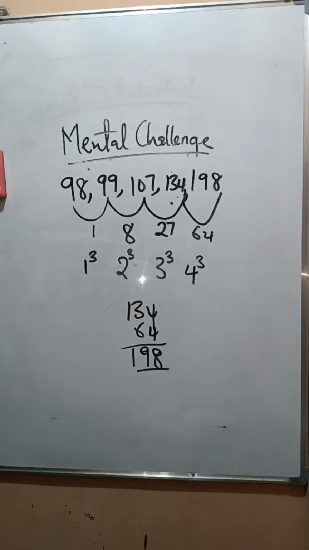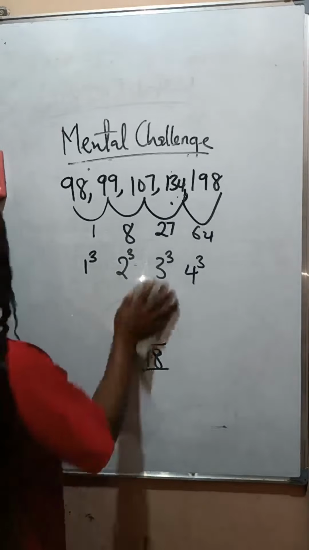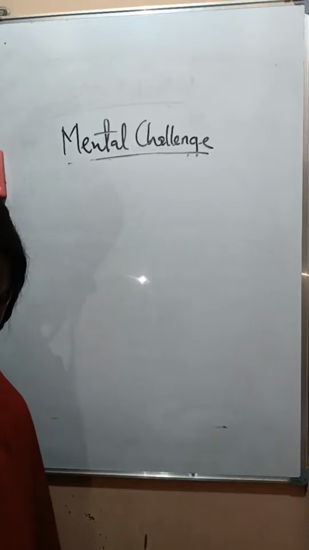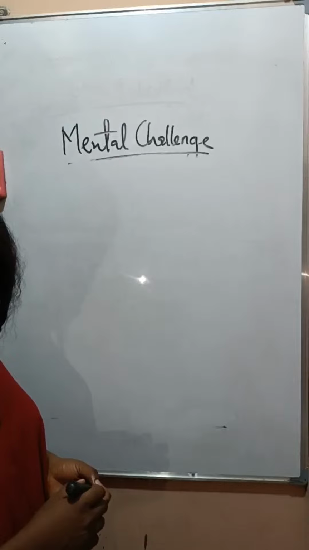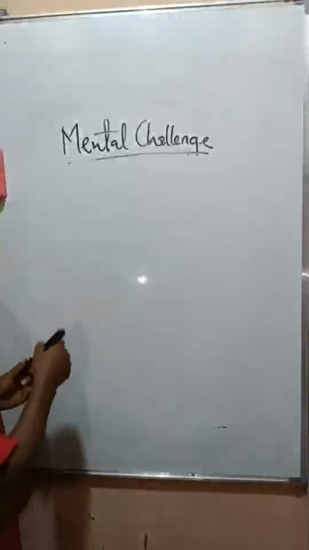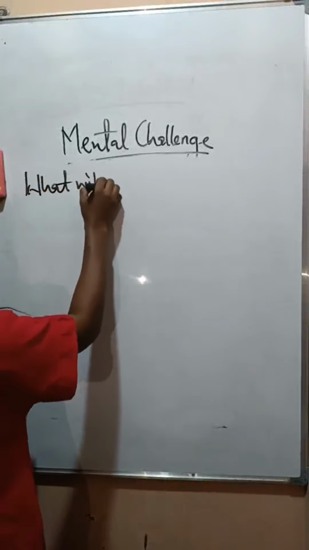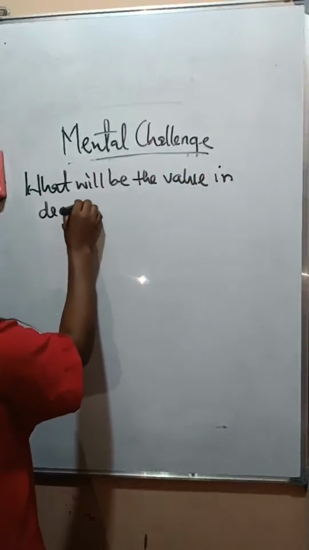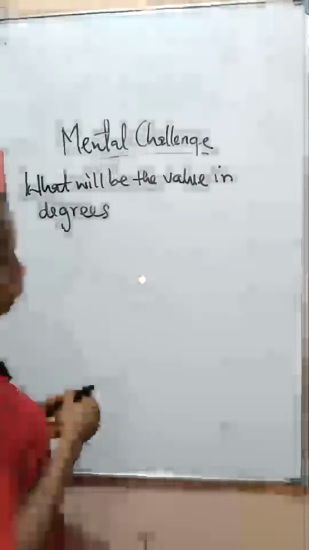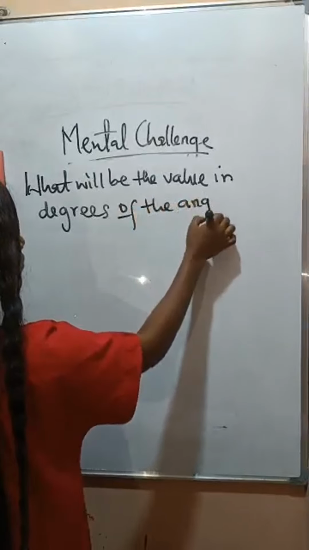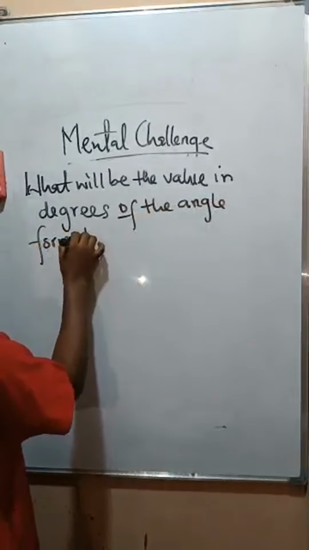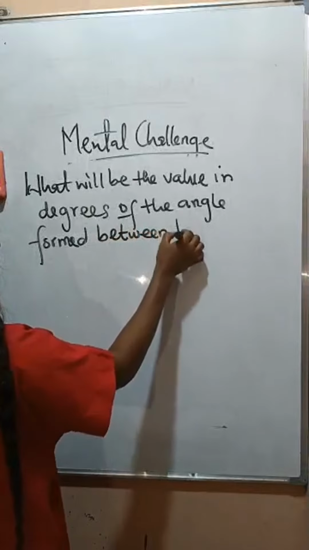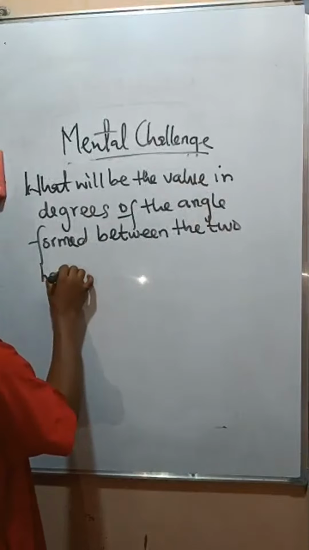Now, who is ready for another question? So this says, what will be the value in degrees of the angle formed between the two hands of the clock